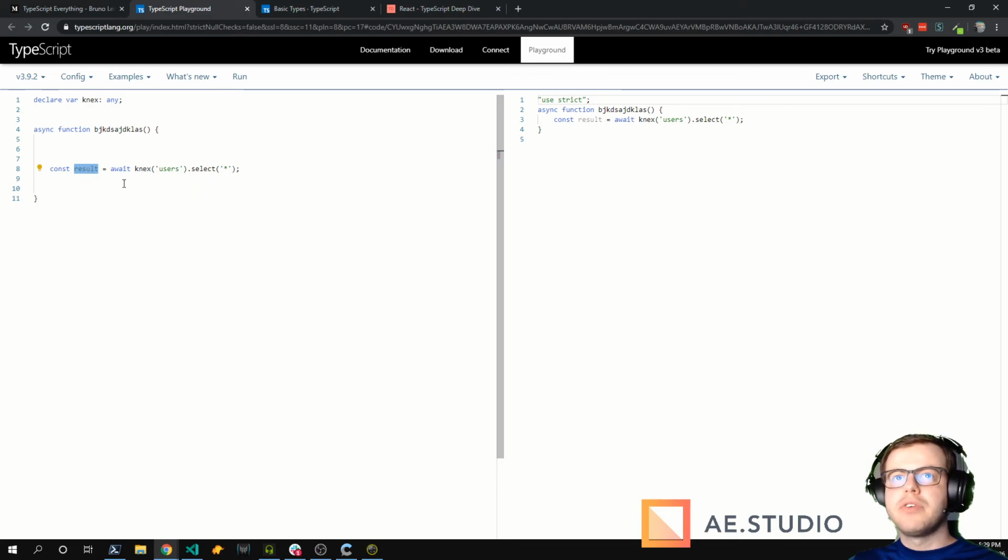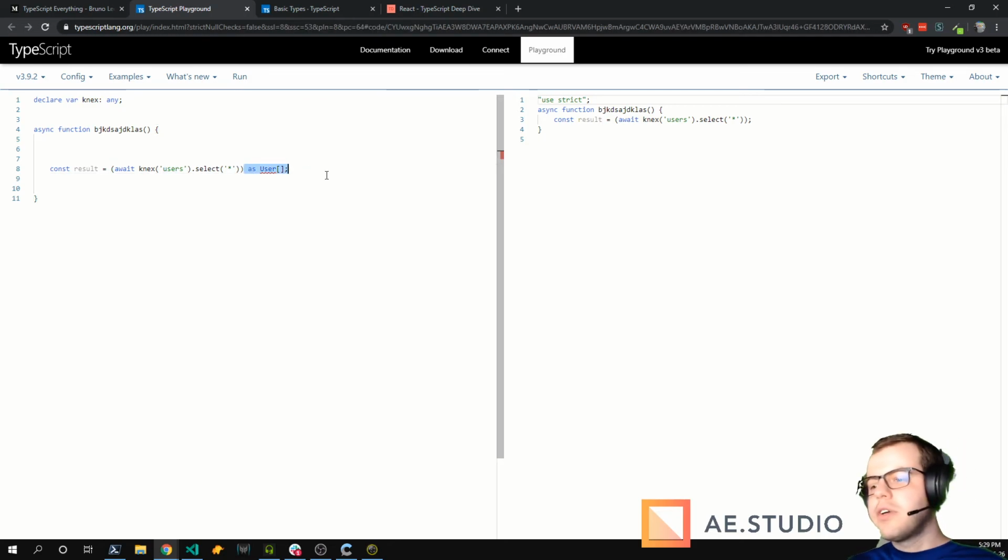So result here is gonna be any. So you kind of have to cast this to a type if you want, like, user array. Yeah, that's a good example. Thanks, Eduardo.